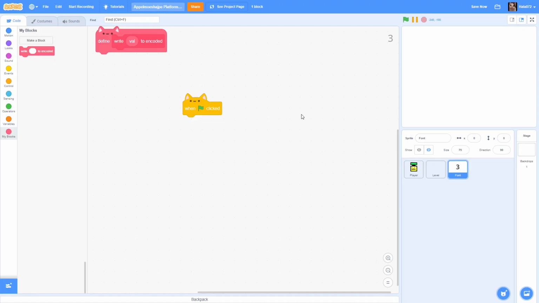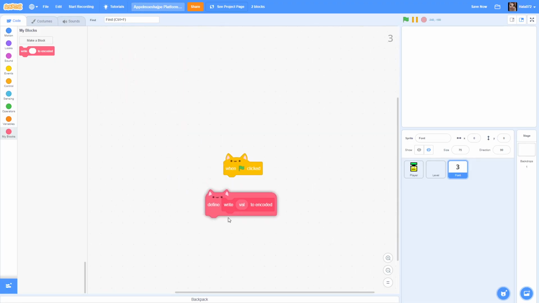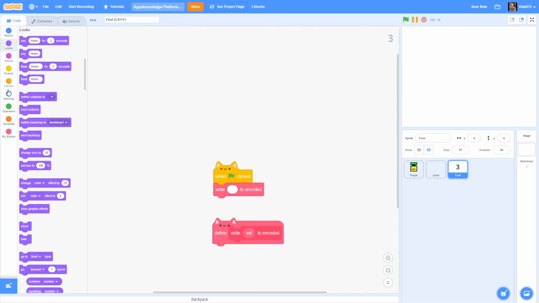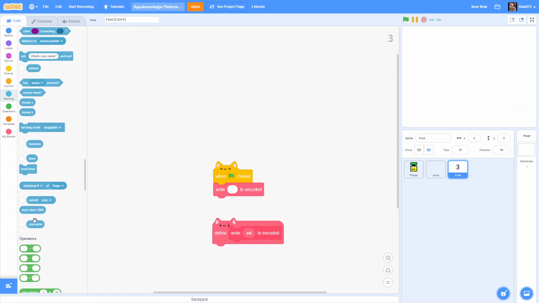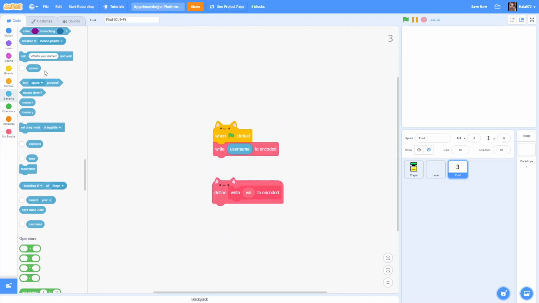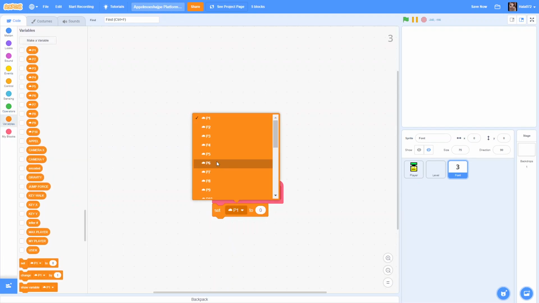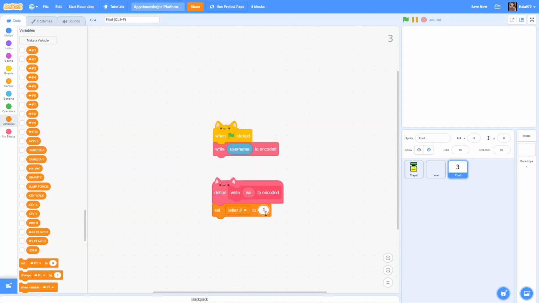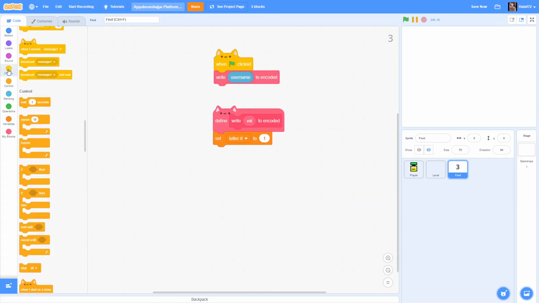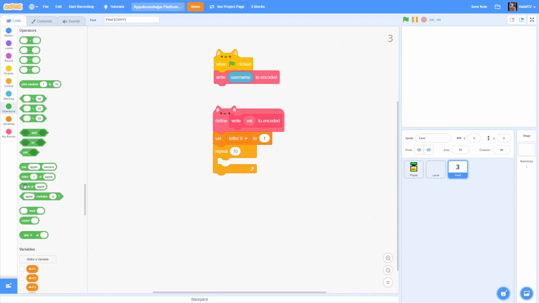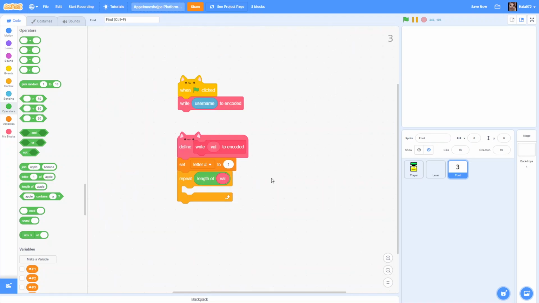Run without screen refresh. Okay, so we're gonna pop in a write username to encode it. So we'll set the letter hash to 1, and then we're gonna repeat the length of val so we could encode all letters,